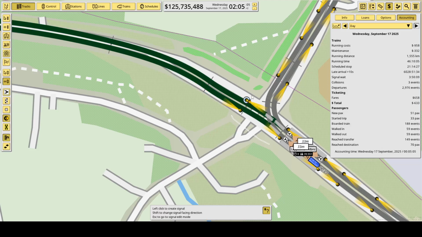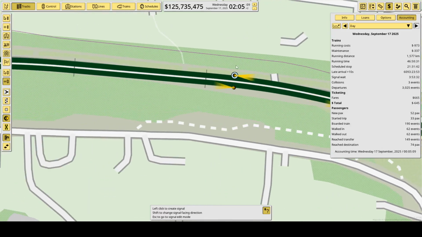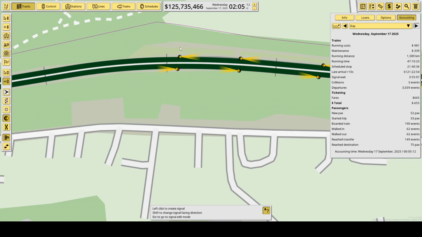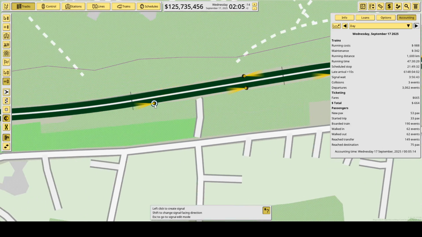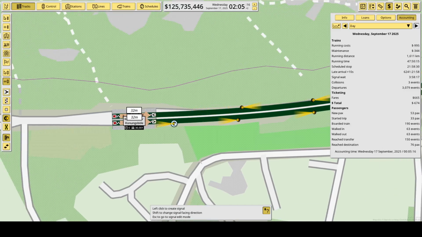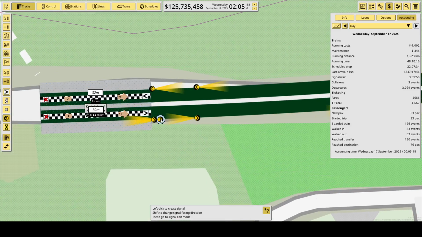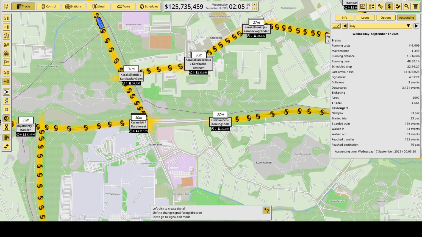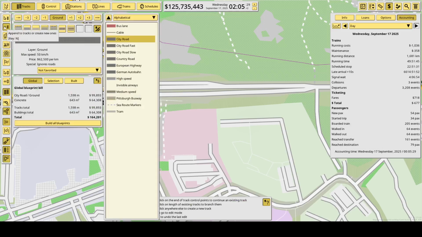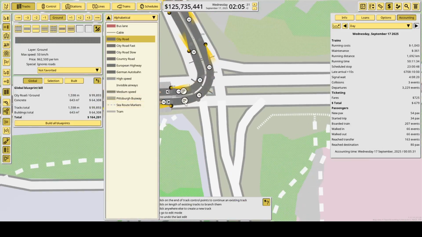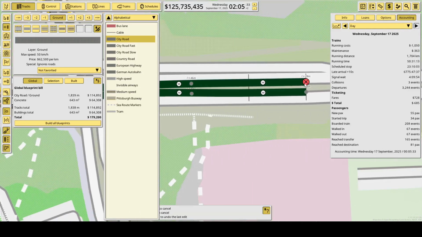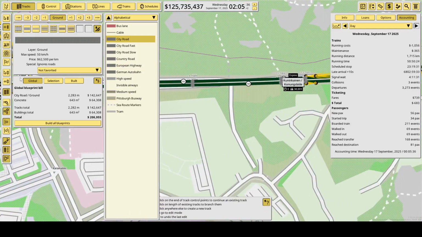And then let's add the signals to this route. There we go. After Kuninkainen, we will then stop at Karanristi. So we will actually connect with the existing network in here. There we go.